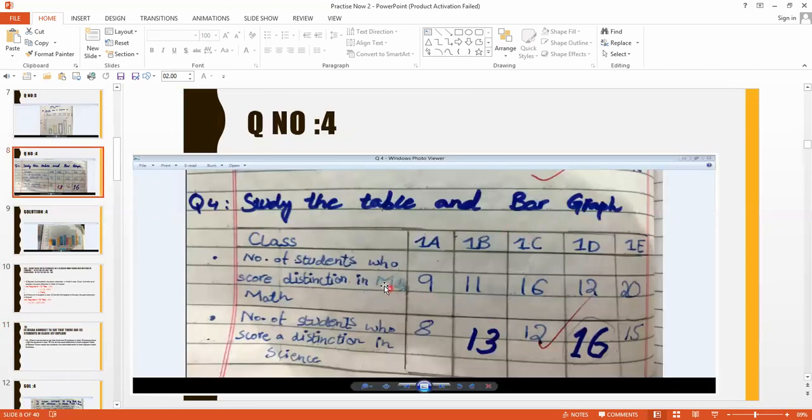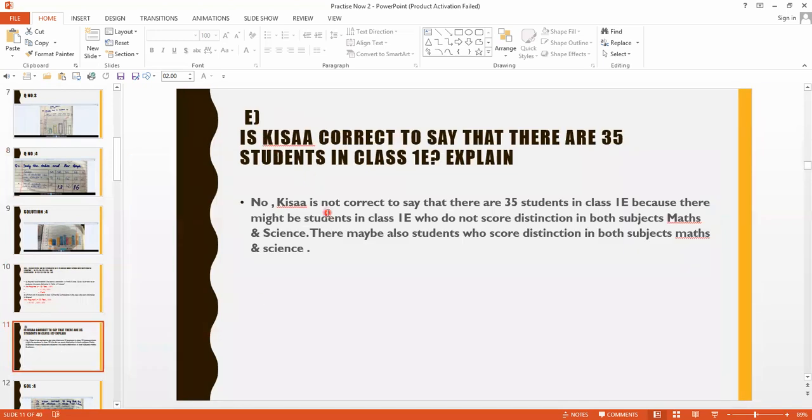Look here: in class 1E, 20 students got distinction in maths and 15 students in science. She simply added these two, 20 plus 15, and says there are a total of 35 students in 1E. Is she correct to say this? Are you agreed? No, Kisa is not correct to say that there are 35 students in class 1E,